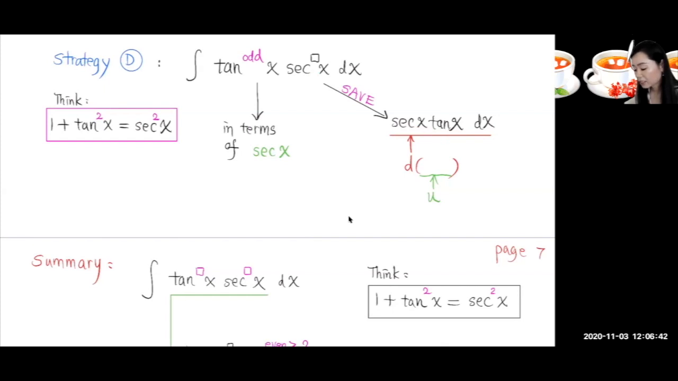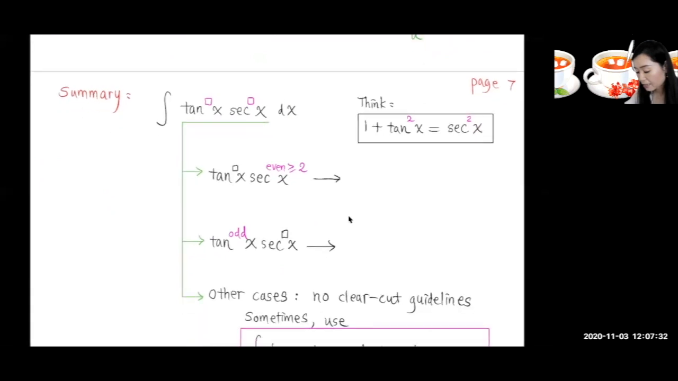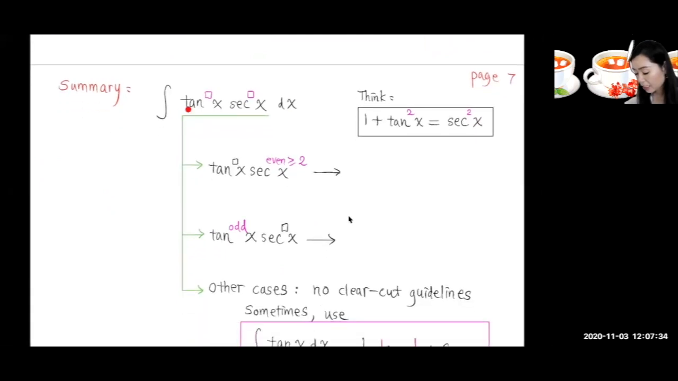Then this is going to become d of secant of x. The remaining part here now becomes tangent to some even power, after you have done that. So now we express that in terms of secant x. Summarizing, when you deal with this type of integral, when you have tangent x times secant